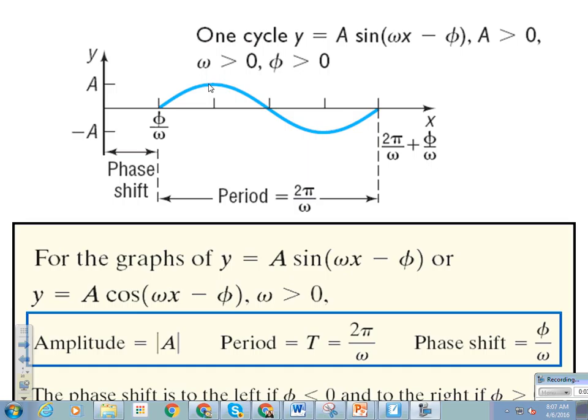The bottom to the top is 2A. It's going to be amplitude no matter what, because amplitude is that A value, which is positive. So amplitude is always positive. So if it's asking for the amplitude and you have a negative value here,